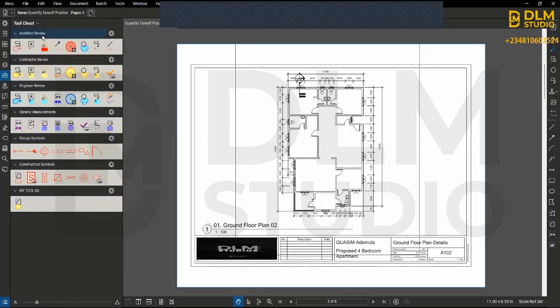We have the architect's review. When you go BIM, building information modeling, everybody can work together on the same page. So the architect can make reviews and annotations using his architect callout tool. Once you click on this, you can just